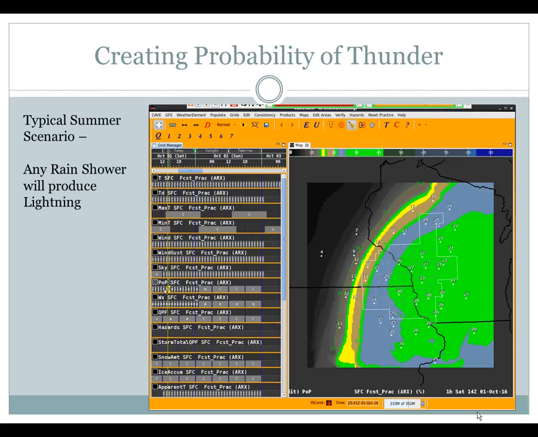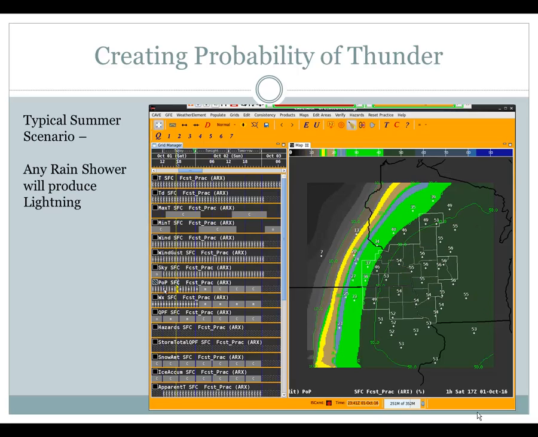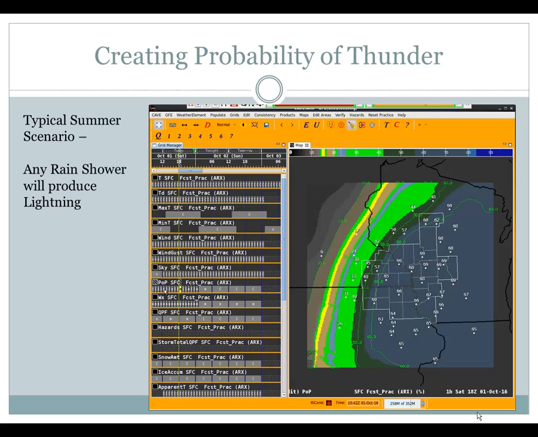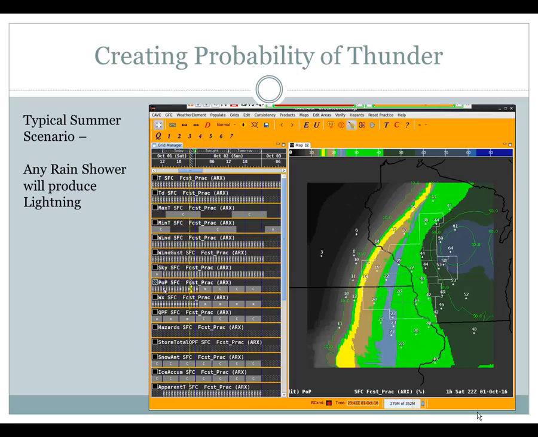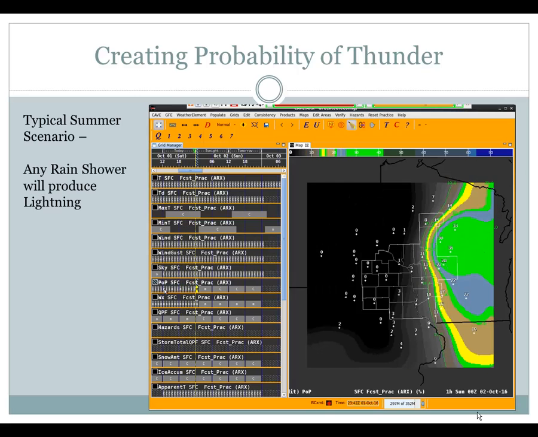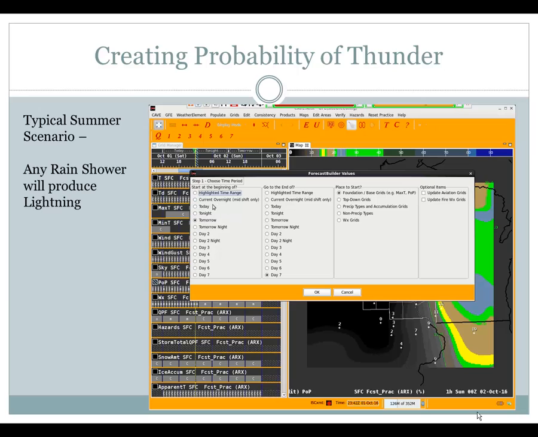And first here, we're looking at the pops, and as you can see, they increase with time, kind of with the idea that you start off with just isolated showers, but then diurnal instability picks up, you get more coverage, and that's that. So we'll jump into Forecast Builder, and we're going to choose, in this case, the today